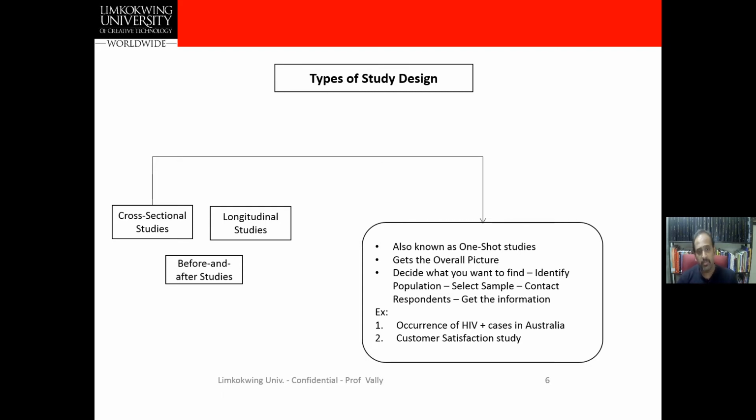If I have to study HIV cases, there is no point in studying only the male. I have to study both male and female. So I don't have any kind of discrimination here. There is no niche market where I should really focus. Cross-sectional is unanimous for the entire population. It is called one-shot studies, like a customer satisfaction study. If I am doing a customer satisfaction study, I cannot take only children or only adults. I have to take a mix of everyone. So this is called cross-sectional. As the name indicates, everyone can be involved in my study.